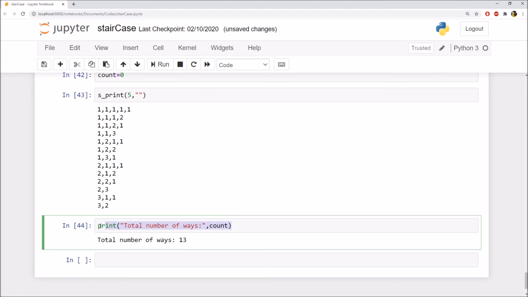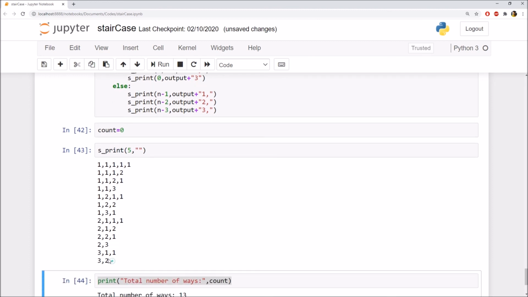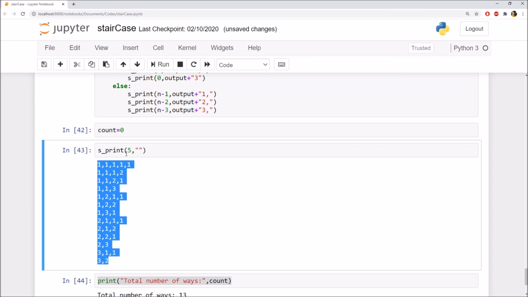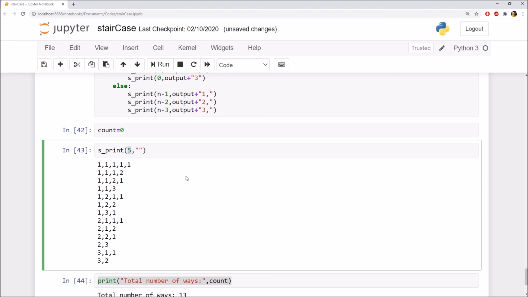You can see here the total ways is equal to 13, and these are our ways: 1 1 1 1 1, 1 1 1 2, 1 1 3, that is 1-step jump, 1-step jump and a 3-step jump, to reach the top. So these are our ways in case we have a 5-step staircase.